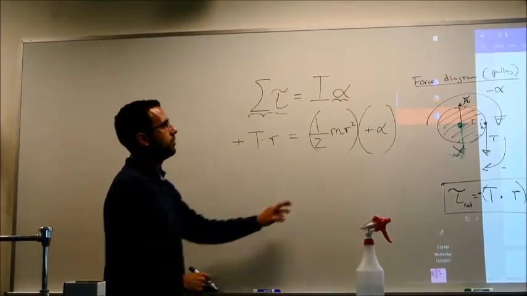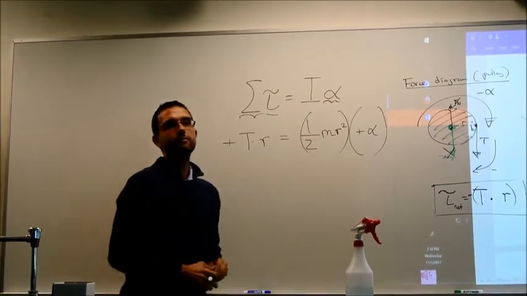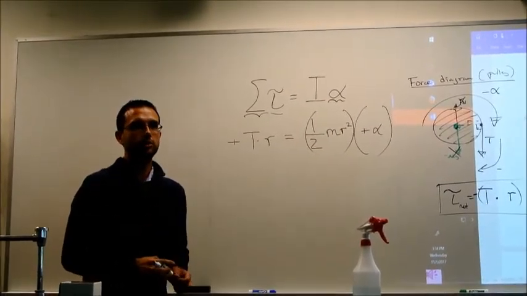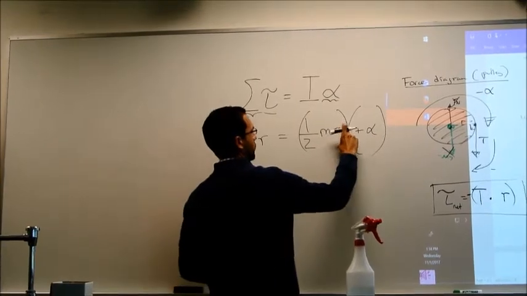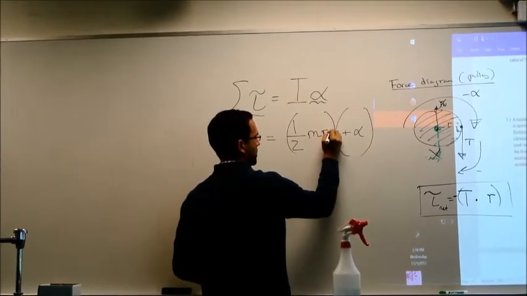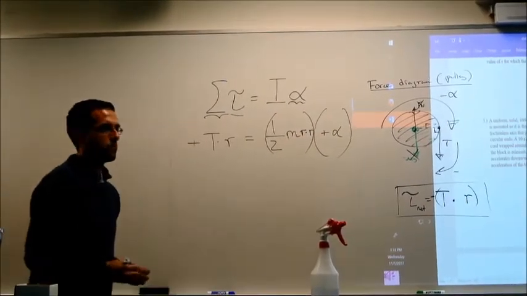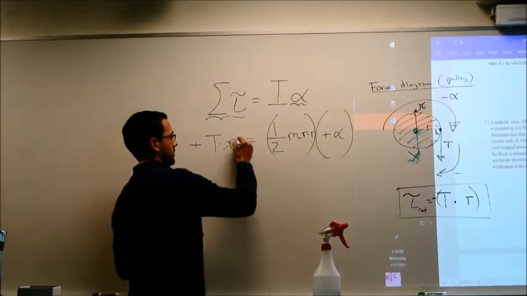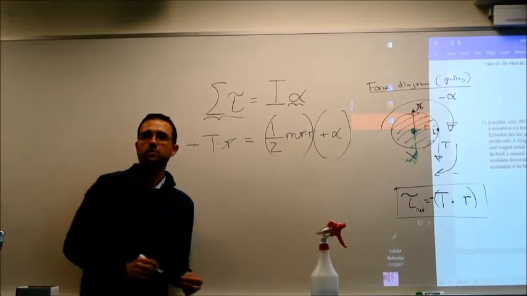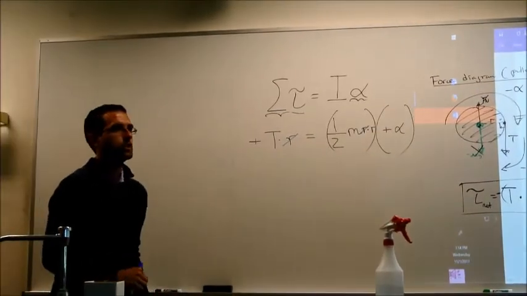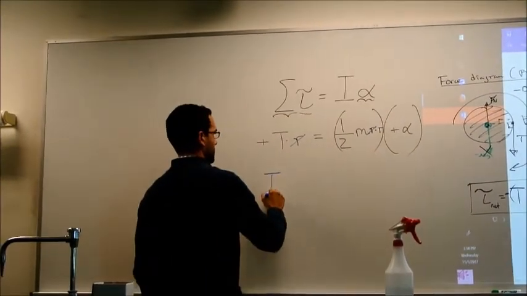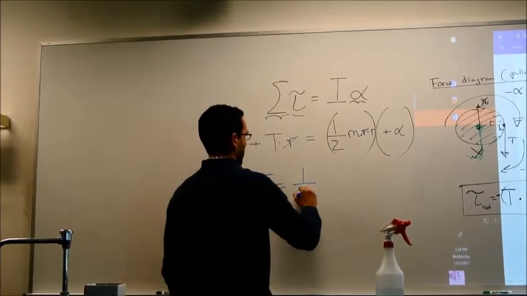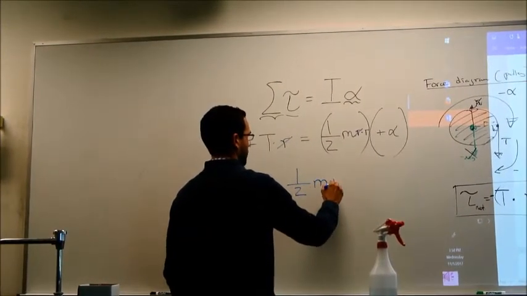Now, would you agree with me that r squared is the same thing as r times r? So I'm going to go ahead and erase r squared, and I'm going to put r times r. So r times r, one of those r's cancels. So we're going to be left with T is equal to 1/2 the mass times the radius